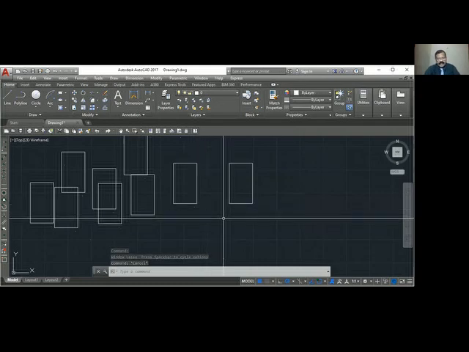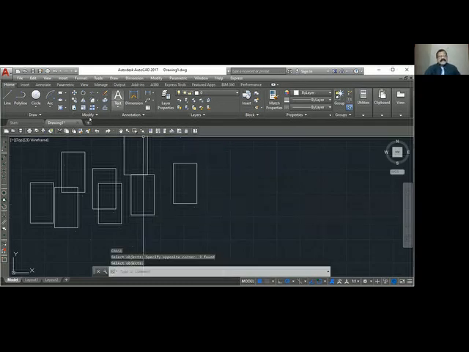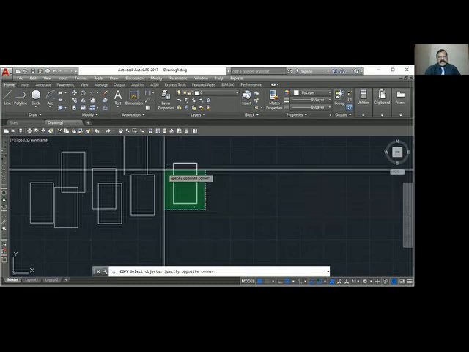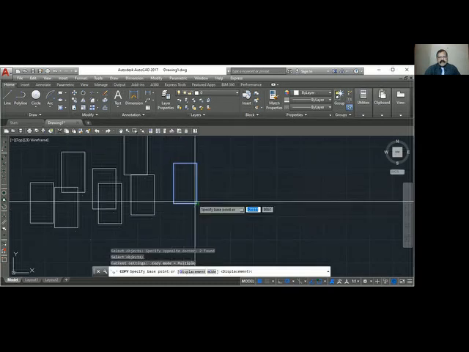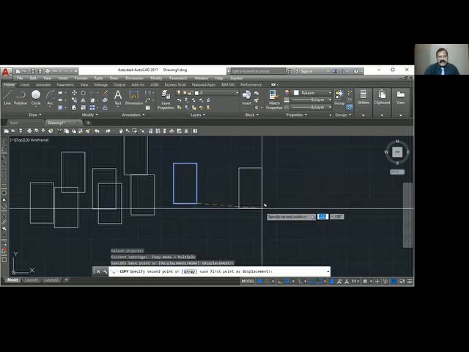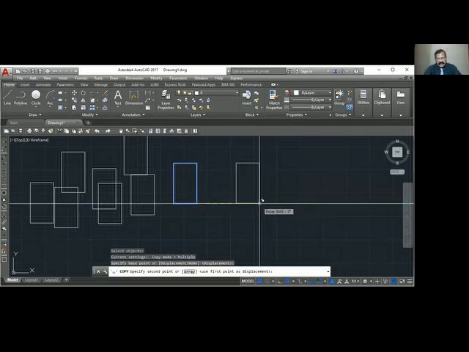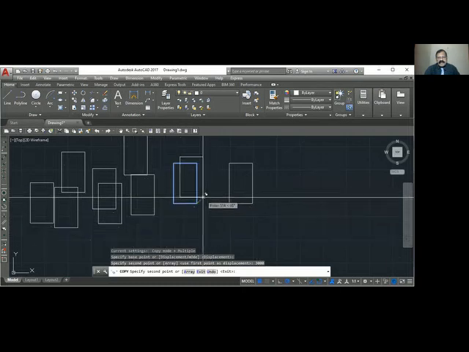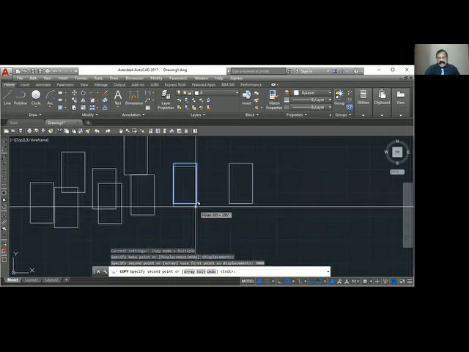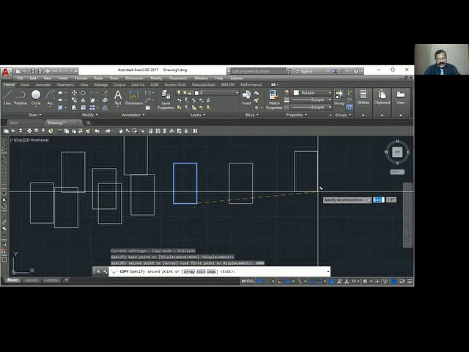See, for example, copy from here, 3000, enter. So it copied one, and again it measures from the same base point, not from the copy. So I say 6000.